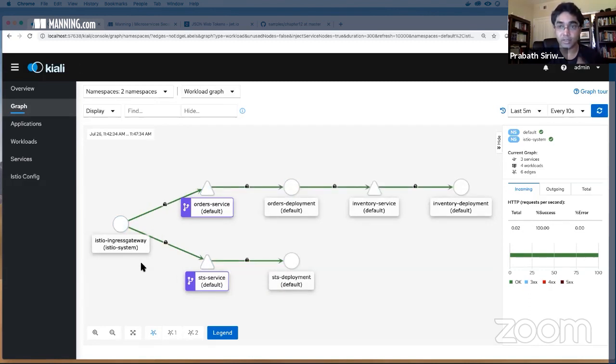You need to define a destination rule. The gateway and virtual services together will find out how to route traffic to a particular destination. The destination rules define, once the workload or the service is found, how to talk to it, like whether to use TLS or MTLS, or whether to enable a circuit breaker or not. Those things can be defined using a destination rule.